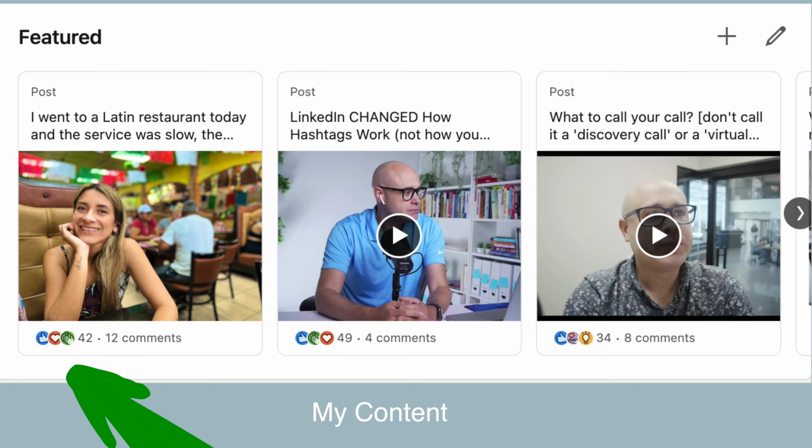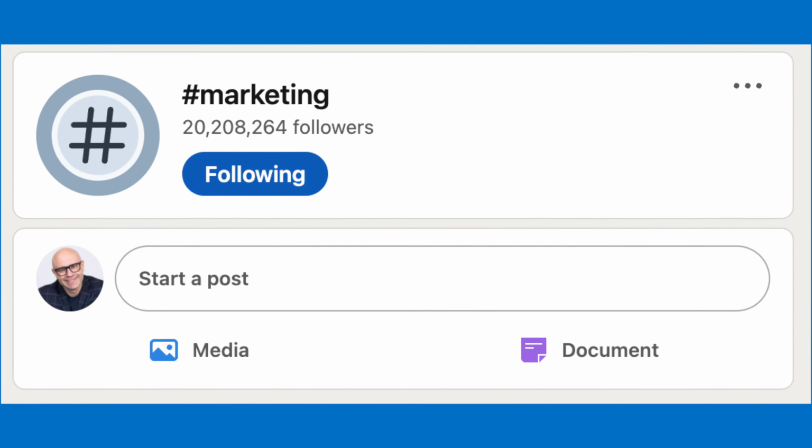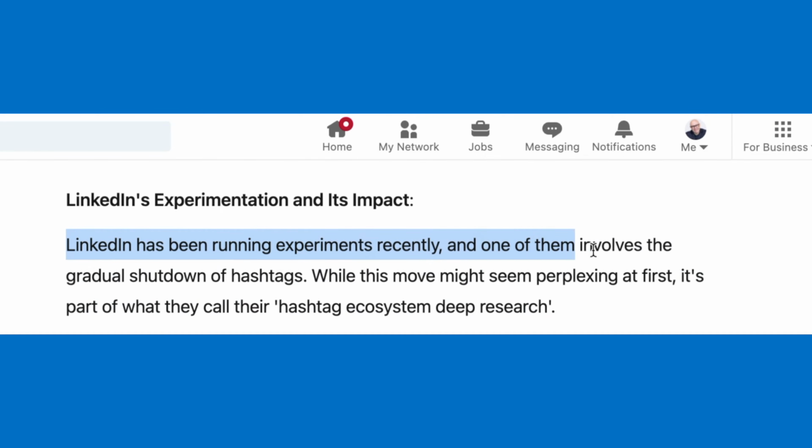We haven't actually used hashtags for a long time because this tactic that I'll share today has always worked better. But before I go into the tactic that I use and how I do it, just quickly, what's happened? LinkedIn have already removed the number of people associated with a hashtag. And it's also been discussed and seen from many people speaking to LinkedIn support, they're phasing them out so you will no longer have hashtags.